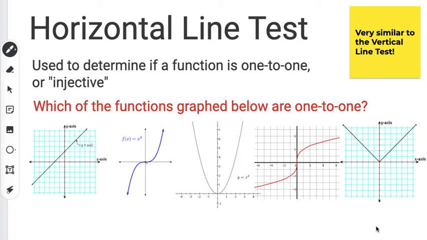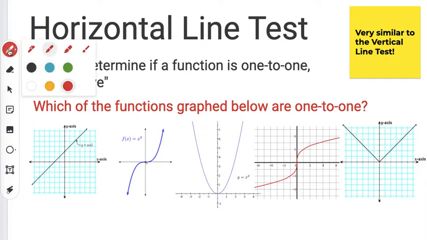Now, this question asks, which of the functions graphed below are actually one-to-one? Which ones are one-to-one and which ones are not? That's what you're trying to figure out. And this horizontal line test is very similar to the vertical line test. If you draw a horizontal line anywhere on the graph and it goes through more than one point, then your function cannot be one-to-one. So let me go ahead and change my color to red and we'll draw some horizontal